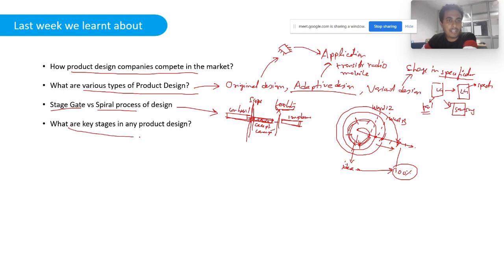And what are the key stages of a product design process? Okay. So in the previous class, I gave a case study. I gave one example of a design process where a need was realized to come up with a voice based TV remote. Okay, so previous remote versions, we have all button based remote controls, which generally used to throw IR signal